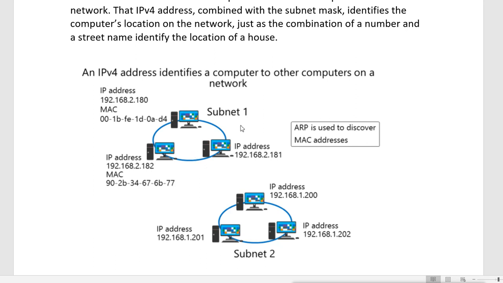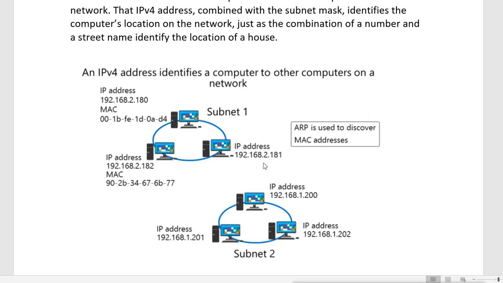Now you will understand this when you see the OSI layers. When the OSI layers do the job, at the data link layer, when they want to send a packet, they have to attach the MAC address to the packet.